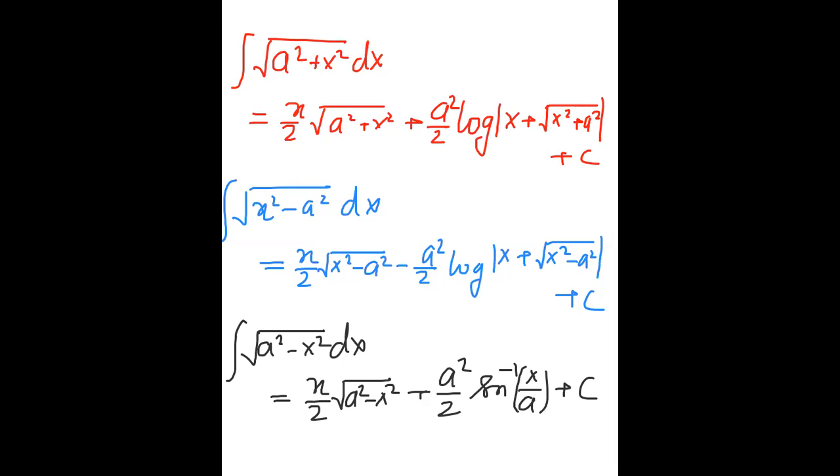In these three identities, the most commonly used identity will be this. This will be used maximum times in the upcoming questions. So I suppose we will be able to do all these identities. Learn them as fast as you are able to, it will be better. Must keep in mind that the completing the square method questions are deleted from the syllabus, so that won't come in the examination.